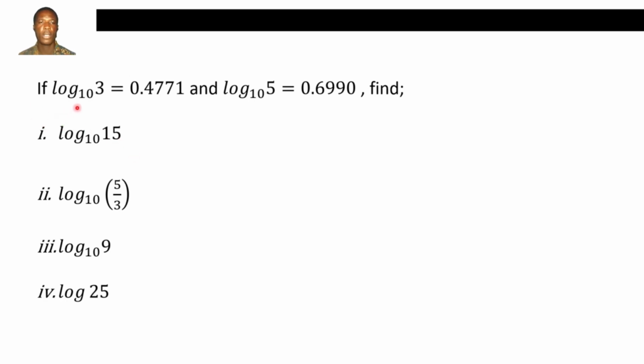If log 3 to the base 10 is equal to 0.4771 and log 5 to the base 10 is 0.6990, find log 15 to the base 10. Okay, so our solution,